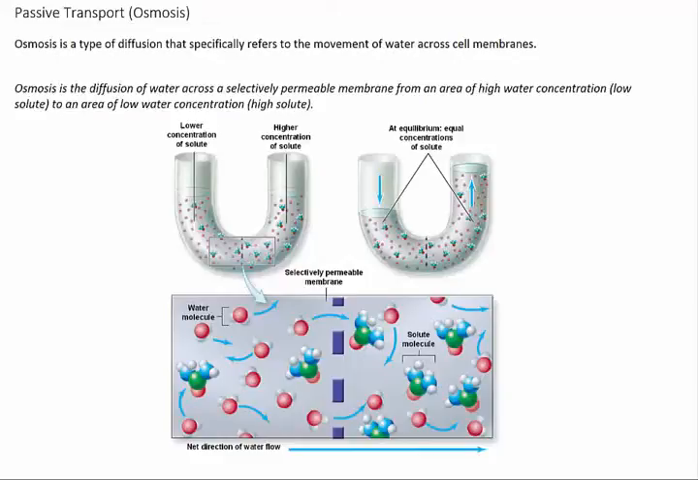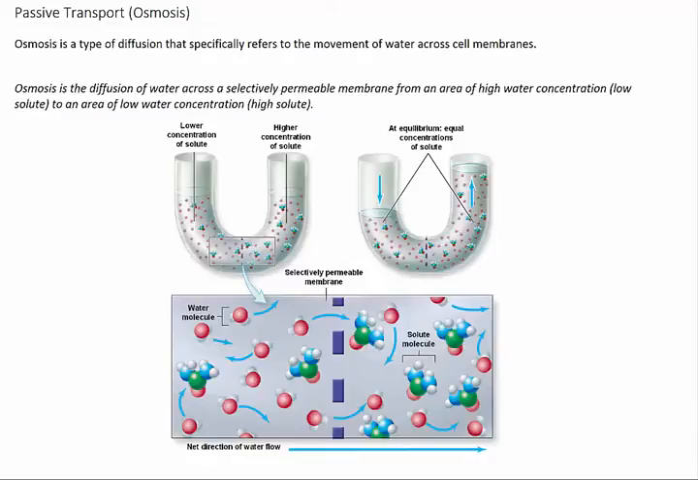Osmosis is a special type of diffusion that specifically refers to the movement of water across cell membranes. And without water, no life could survive. The majority of space inside of cells is water, and this is the solvent in which the biochemical processes in cells take place. Cell membranes are selectively permeable, meaning that water molecules can pass through them easily, but solutes do